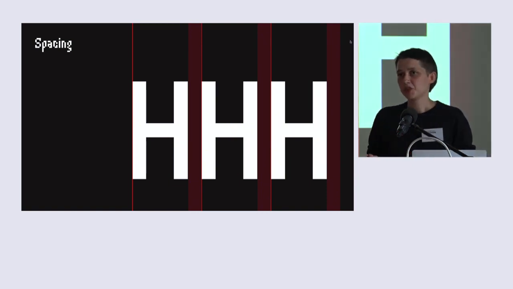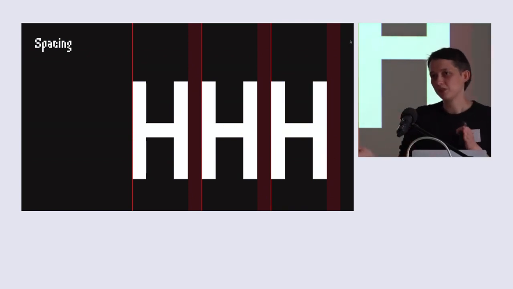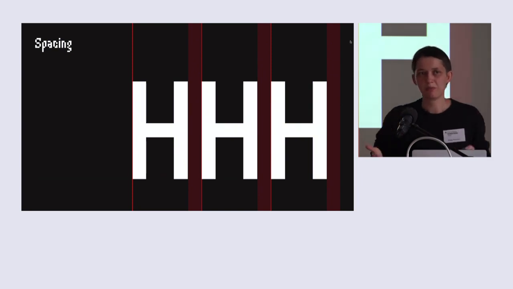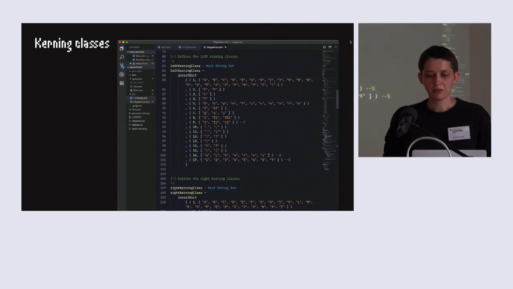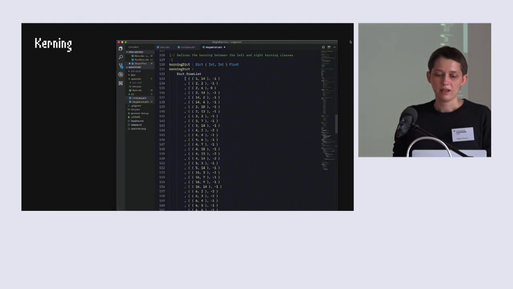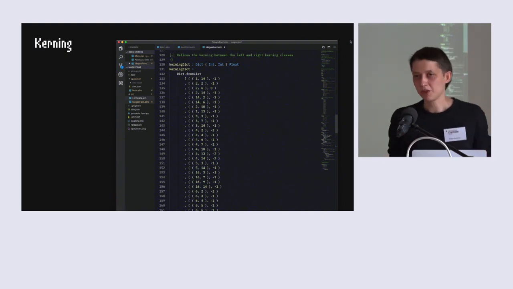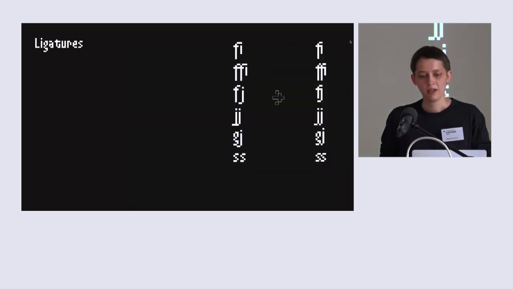As I've mentioned, the rule of the game jam was to create a game within a 64 by 64 pixel screen, and spacing, of course, played a huge role. We decided that there would be 0 pixels on the left side and 1 pixel on the right. After that, I defined kerning classes and kerning with some kerning exceptions and ligatures.